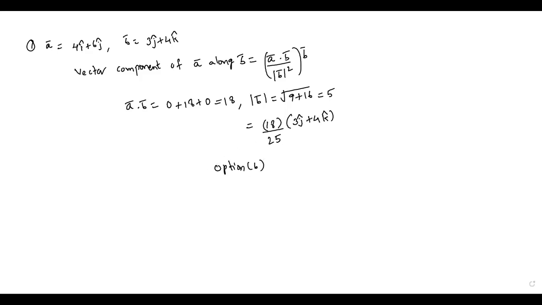Okay, now see the second question. Question number 2: the volume of a tetrahedron having edges i plus 2j minus k, i plus j plus k, i minus j plus lambda k is 2 by 3 cubic units. Then what is the lambda value they're asking? Now what is the volume of a tetrahedron? We have a direct formula based on the scalar triple product: 1 by 6 box of a bar, b bar and c bar. While doing competitive, we explained clearly those formulas.